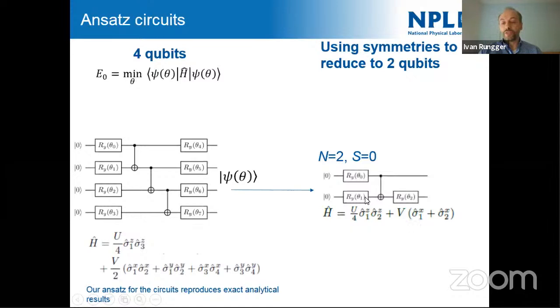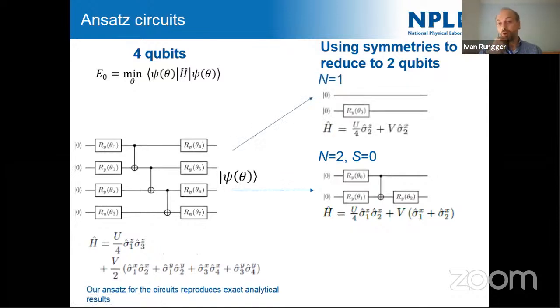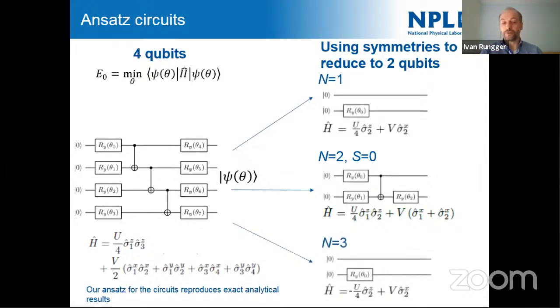And now, obviously, the circuit is very short for our ansatz, just 3 rotations and only one CNOT. And then we do the same for the 1-electron system and for the 3-electron system. So the difference between left and right is that the left can do every electron system. This contains all the physics. On the right-hand side, we constrain the electron system to a subset, and then we reduce the circuit, but we have to use a different Hamiltonian for each of them.